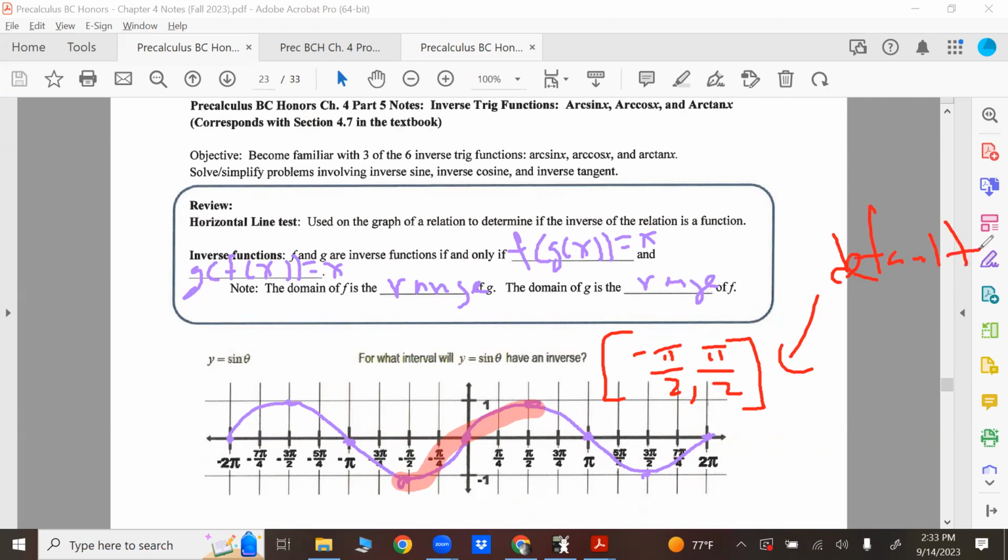And why people chose that, I don't know. Maybe a bunch of mathematicians got together and said, oh, let's just do this as the default range. Seems simple, it's in the middle. I don't know. But it's the default range for inverse sine. Okay, let's look at